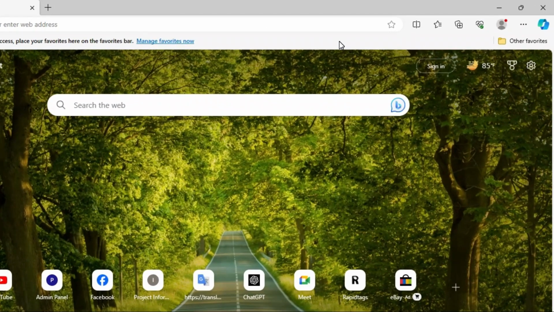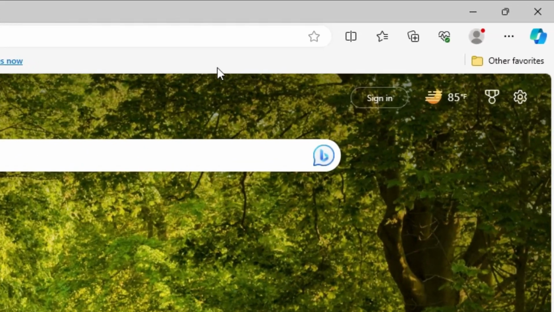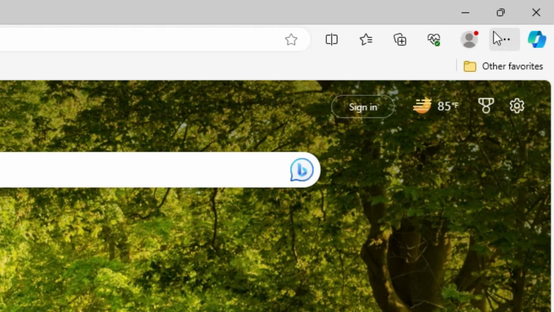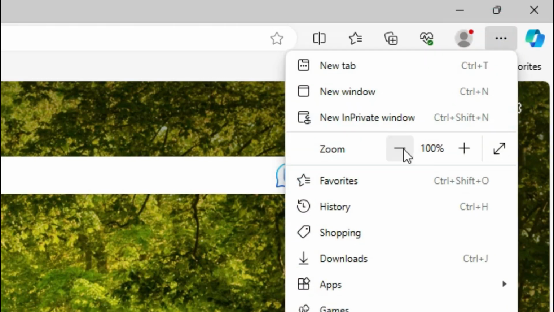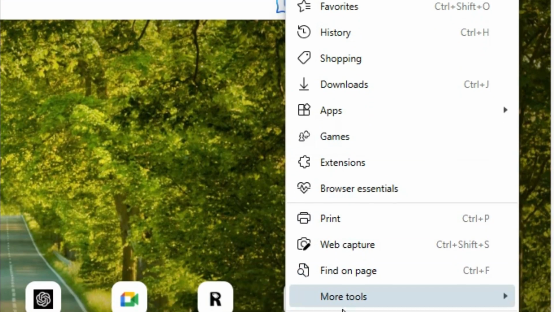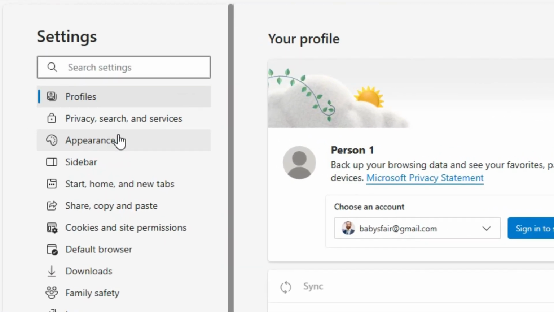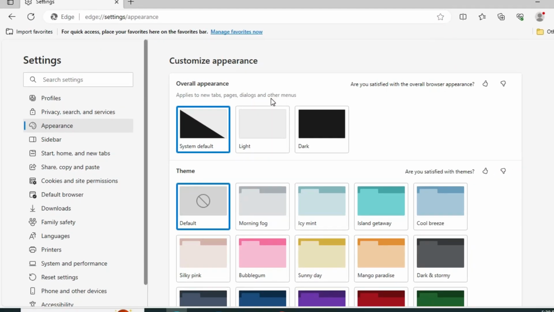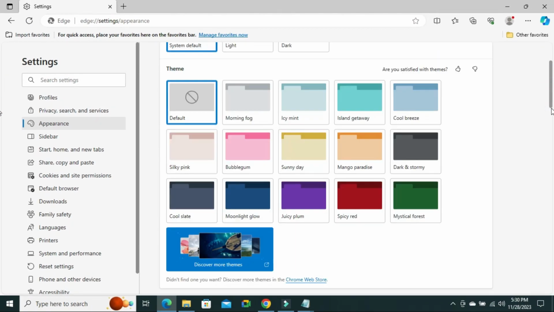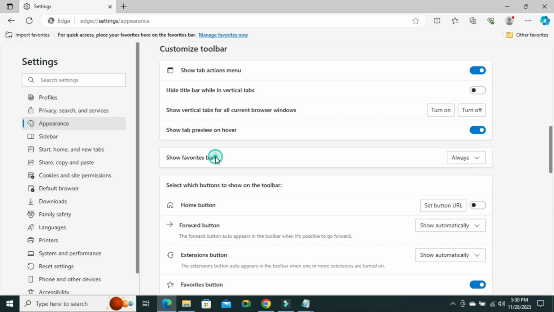If you want to turn off this favorite bar, click on three dot icon on upper right corner, click on settings, click on appearance. Now scroll down, you will find an option here, show favorites bar, and by default it's always. Click on the drop down menu and click on never,